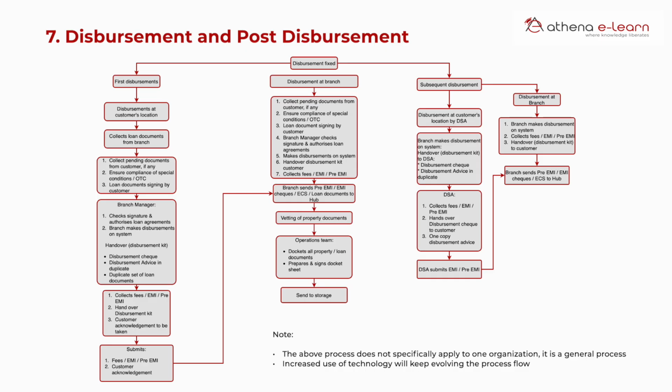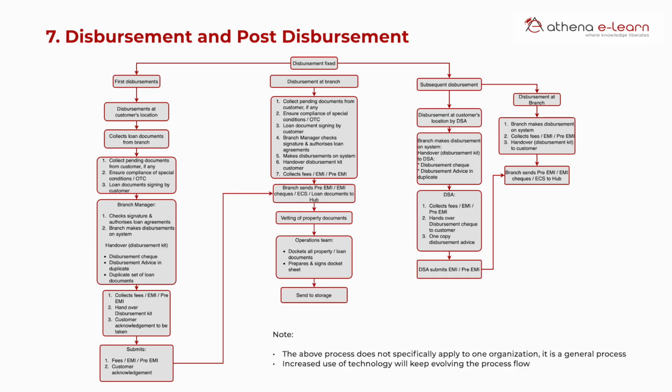Once the loan is fully disbursed and the customer starts paying the EMI, the post-disbursement activity starts. Now, the first step in the post-disbursement activity is to safely store all the original documents that have been submitted to you. There is the loan agreement, the property papers, any other authority approval, whatever is there in the property documents, which have now been submitted to you. In some cases, if the property documents have been submitted to the registrar for registering the mortgage and the deal, then those documents will be collected by you.